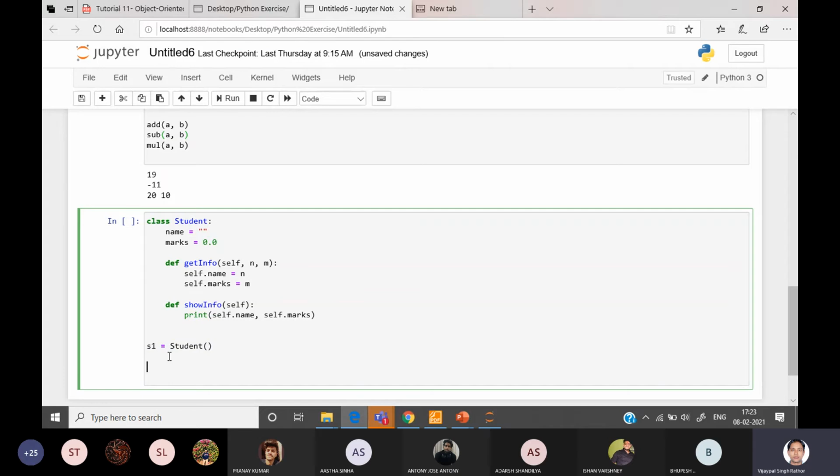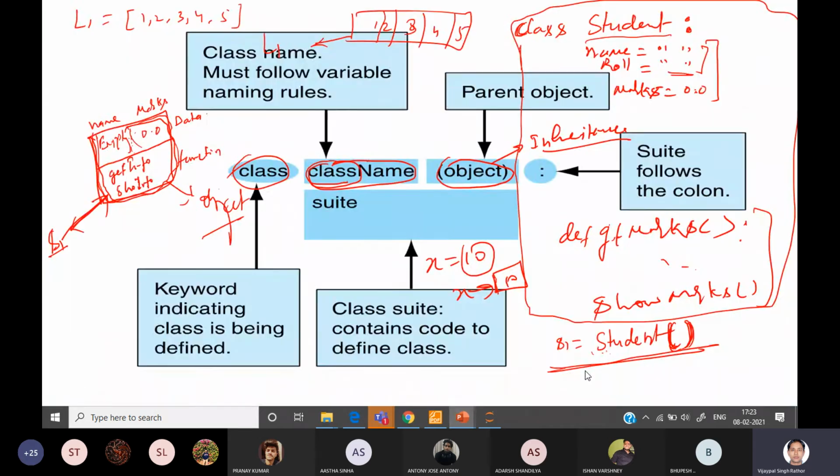If you want to know the value of this instance, you can access its members. Like if you want to access this name, you can directly write print s1.name. Similarly, print s1.marks, so you will get the marks variable. If you want to call this function, you can directly call s1.get_info, whatever we are writing here. Get info requires some arguments, so you need to pass arguments while calling it.